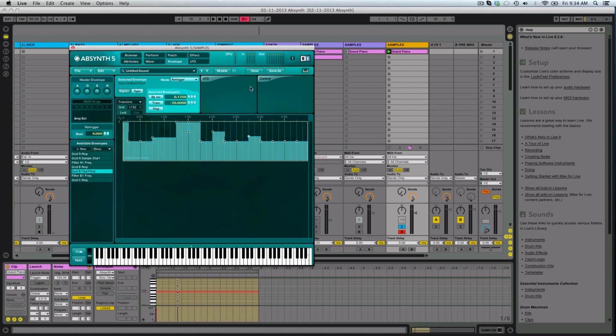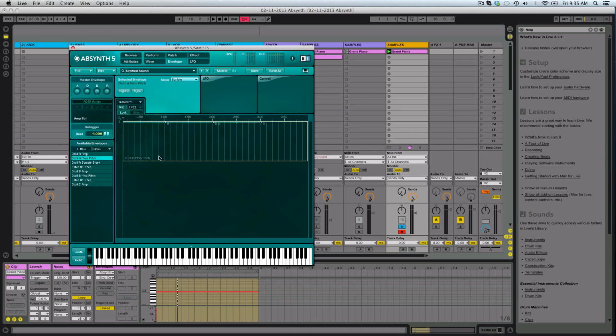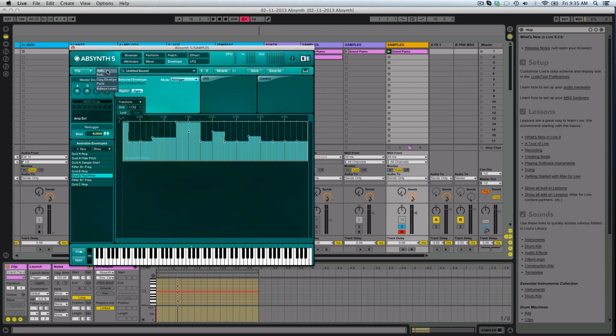Yes, and you can hear it's only working on the pitch of the sine wave. So what we can do is let me do that again. I'm gonna make a new envelope, and I can say main pitch of oscillator B instead of the mod pitch, and then I can go to this envelope that I already made, and I can say edit, copy envelope, and then I go to the main pitch one, which is,